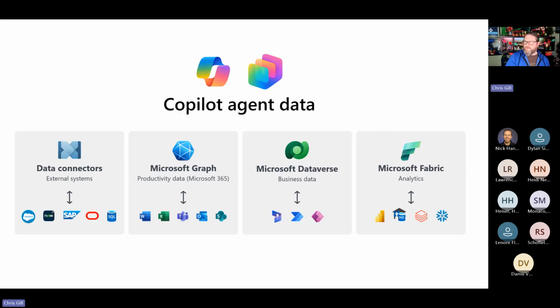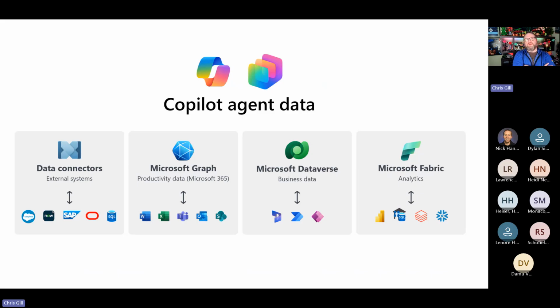All right. A little bit about data, right? At the end of the day, the agents are really only as good as the data that they're working with. So for us, it means that they're pulling from at least three main sources: productivity data inside of Microsoft 365 in the Graph. So we were talking about Microsoft Graph, whether it's SharePoint, other Power Platform components, business data inside of Dataverse. And at the far right side, any kind of data that you may be storing inside of Fabric.